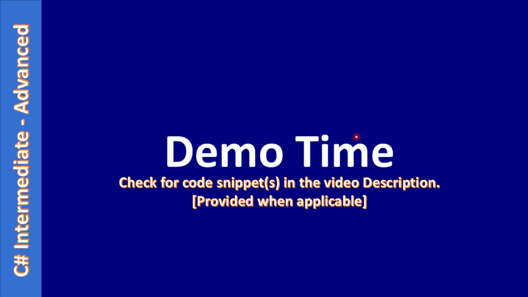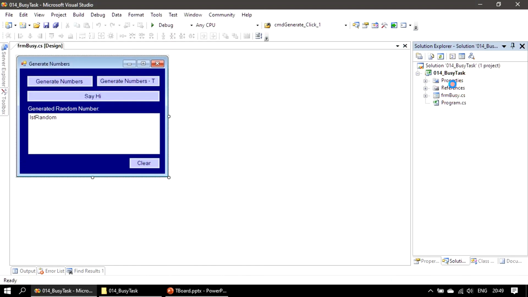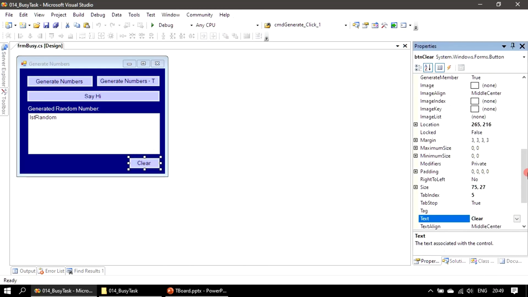Alright, now let's go to the form design and let's see what are all the UI controls we added. So here is the form design. So we took our previous example and we added this list box and the label as well as a clear button. If you want to look at the properties,